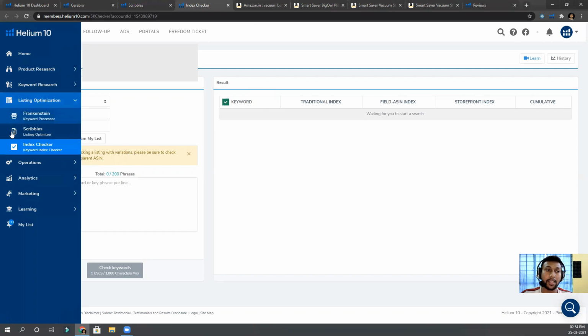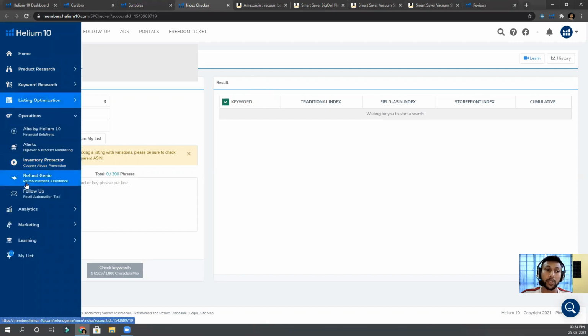The next thing that you can do is this operations, and this is alerts. What this does is, in alerts you see anything that happens in your listing, like any review that came in, or if your product's category got changed. Everything that you need to be alerted about in terms of your Amazon listing, it shows you right here. You have to link your Amazon account with that.